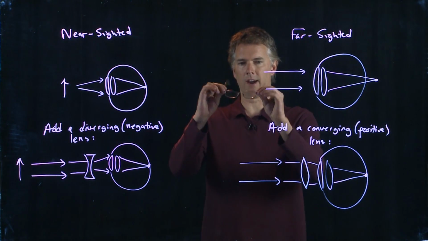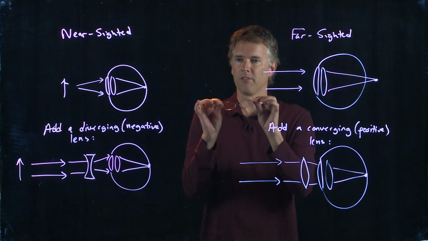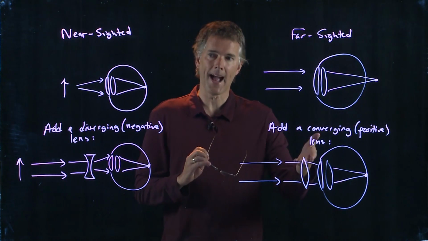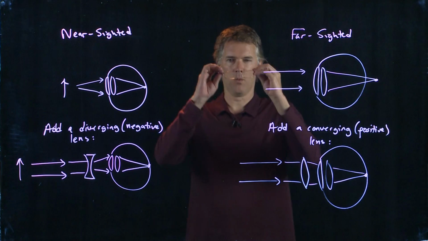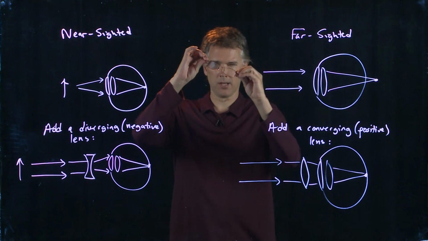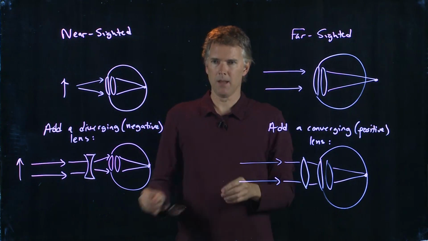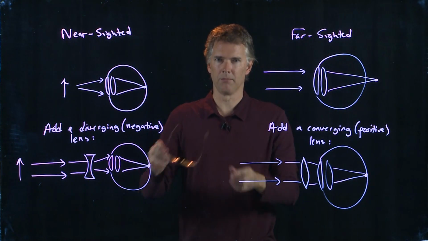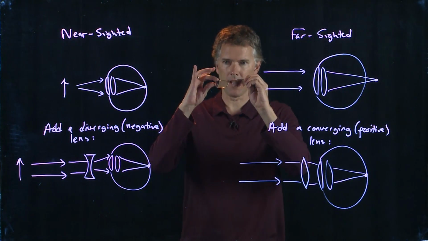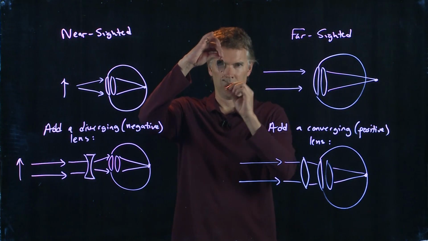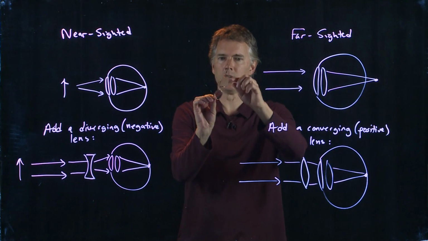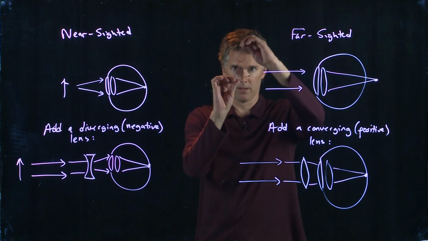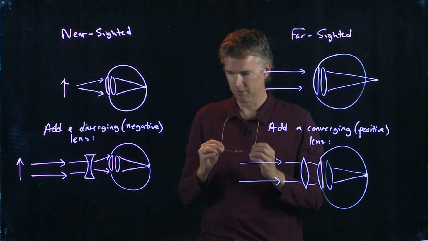Now there's other things that you can figure out here. One is there is a little bit of astigmatism, which means it's not a spherical lens. There's actually a little bit of cylindrical shape to it. The way you can tell that with somebody's glasses is if you look through it and rotate it, and the image goes from squished this way to squished this way, that's astigmatism. If you look at my glasses, my left eye is more astigmatic than my right eye. When I rotate this, the image in the right one doesn't get as distorted as the one in the left one. When I look out at you guys, you become very distorted in that left lens.